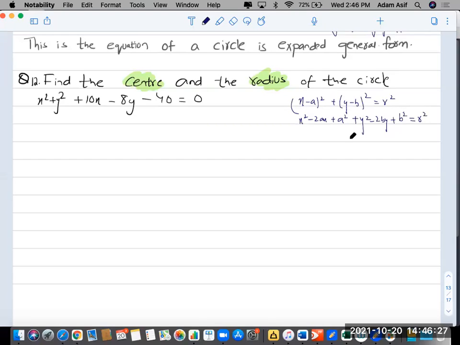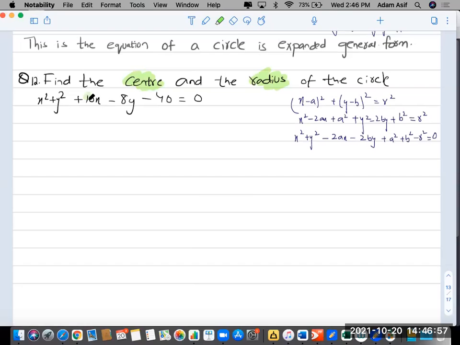Compare करके मैं निकालूंगा बिल्कुल. x square plus y square, अब rearrange करना भी जरूरी है. x square plus y square minus 2ax minus 2by plus a square plus b square minus r square equals to 0. आपने क्या किया? Completing square form of the circle को expand करके rearrange कर दिया. Now everything is clear कि x square और y square का coefficient 1 है यहाँ पे.